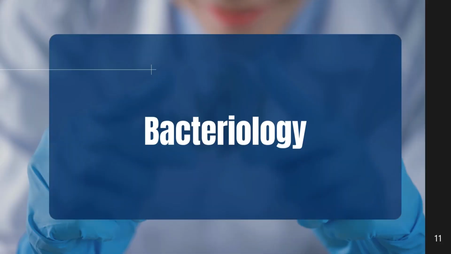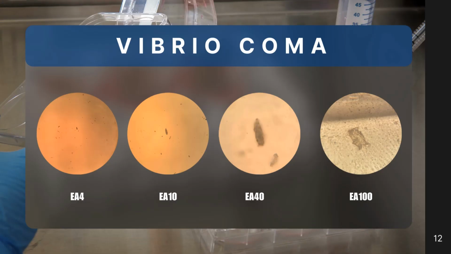In this laboratory activity, our professor gave us different specimens that have been observed under the microscope in different magnifications: the scanning or viewing, low power, high power, and the oil immersion. There are four types of specimen: bacteriology, parasitology, botany, and histology. The first one is bacteriology. The first specimen in bacteriology is